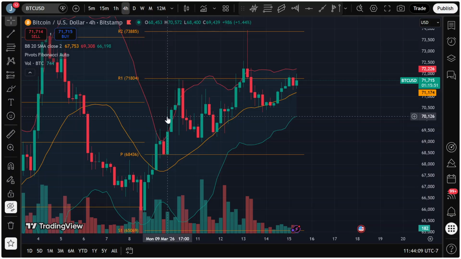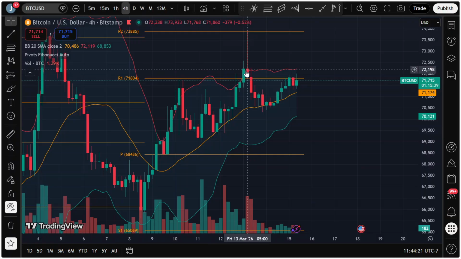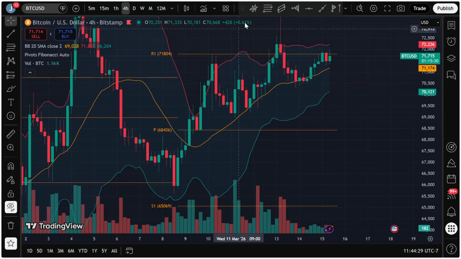This one in particular, you would have been wrong. This one, you would have had to wait for a while to be correct. This one, same thing, you had to wait a while to be correct. This one, you were correct. This is the actual best entry, one of these two. And it's the same case here, where this one is too early, though technically correct. This one, too early, though technically correct. These two are the ones you actually want to pay attention to.